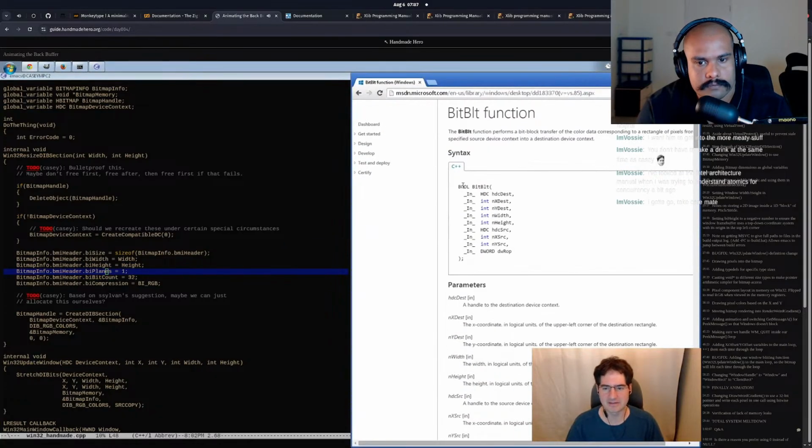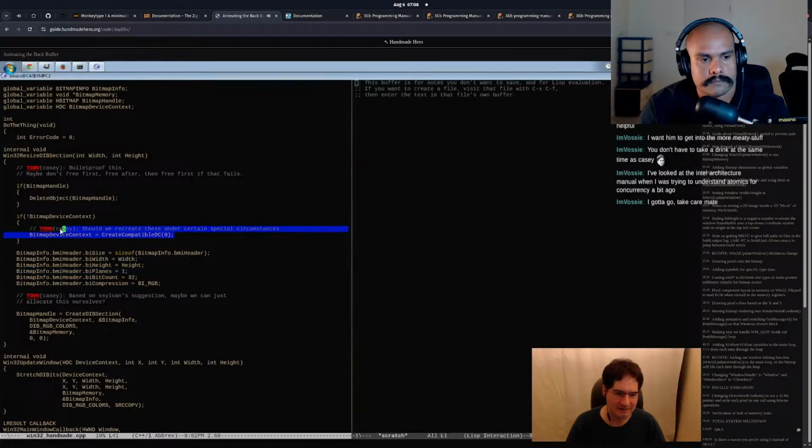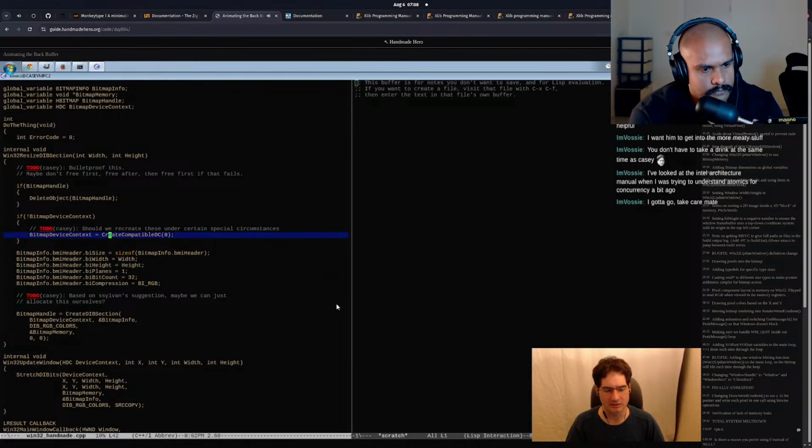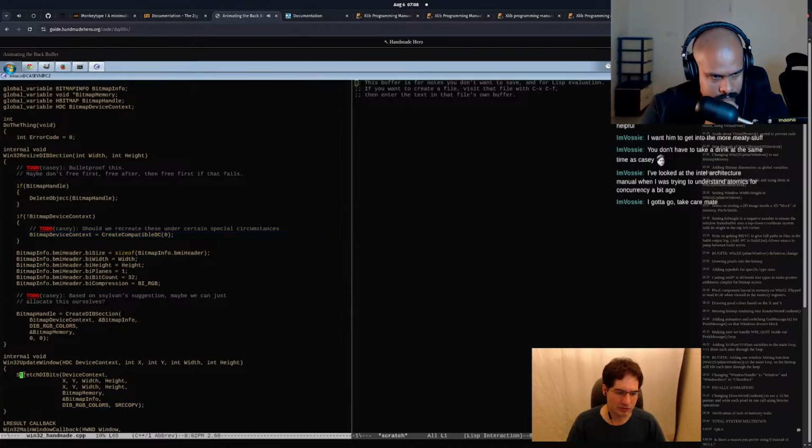Well, the reason is actually because BitBlt is what I normally use. And if you notice, BitBlt does not take a pointer to the bits. It has to go device context to device context. So what I was thinking in my head was the stuff you have to do to use BitBlt, which involves creating a DC that you leave around that has the bitmap in it, and you always do the BitBlt from that DC to the window DC that you're actually drawing to. That's what has to happen, because you can't pass a pointer to the bits. But if you call StretchDIBits, which I never do, you can actually just pass a bit pointer, which means you don't even need a DC or a bitmap. So the question is,